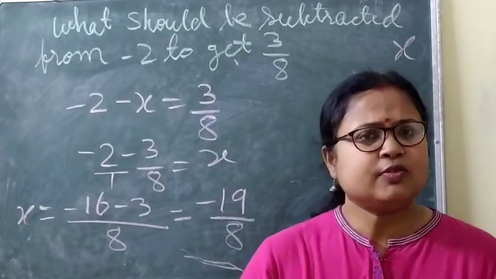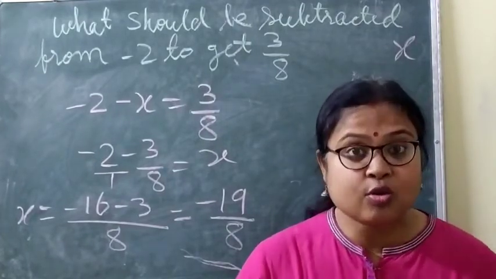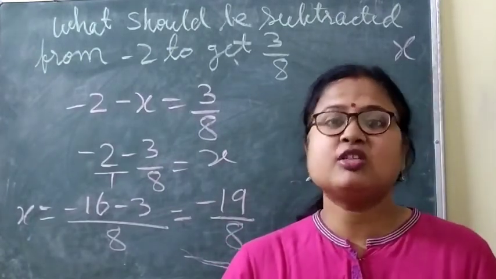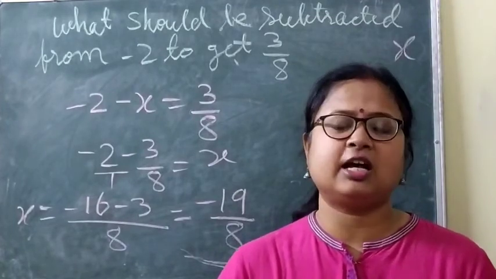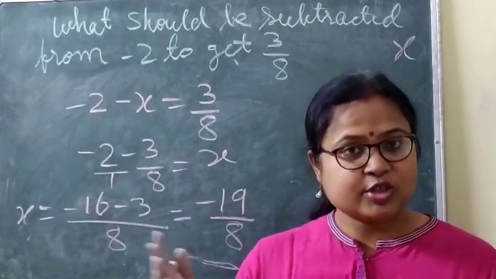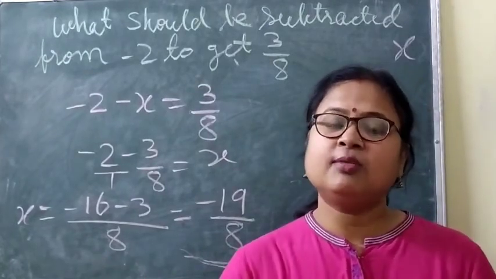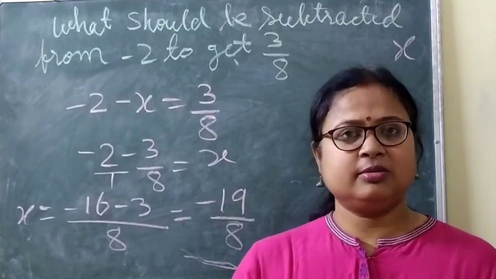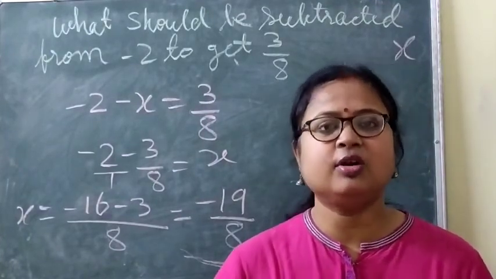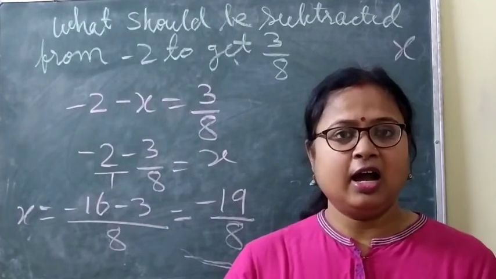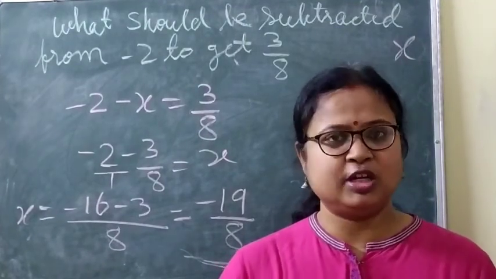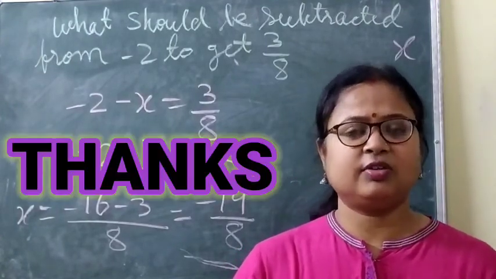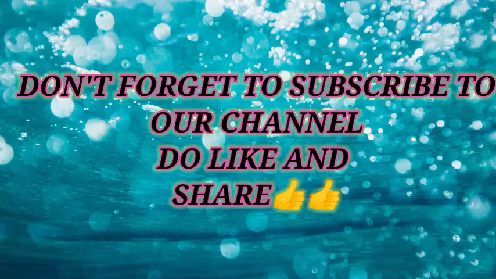So all different types of questions based on addition and subtraction of rational numbers I have done. Clear? Whichever book you want to follow, whichever book you want to solve, you can solve. In all, the basic concept is the same. In all you have to apply the same basic concept that I have given in my previous video. And some questions I have solved here will help you to apply the basic concept. I hope all the questions that I have solved in this video have become very clear to you. Clear? And you can solve more and more questions based on addition and subtraction of rational numbers. Thank you very much.